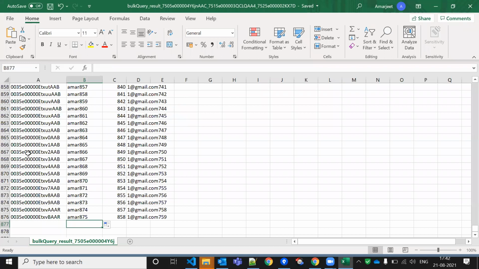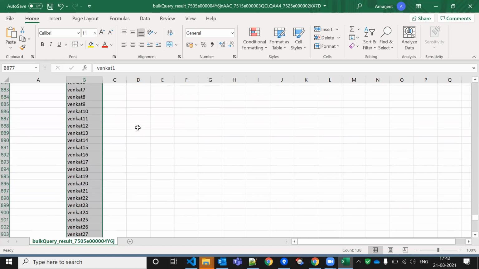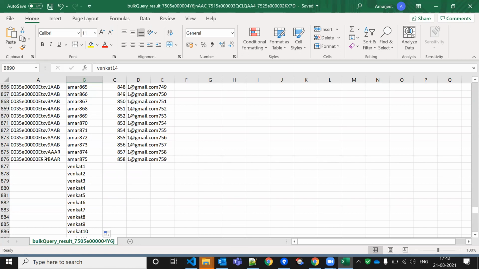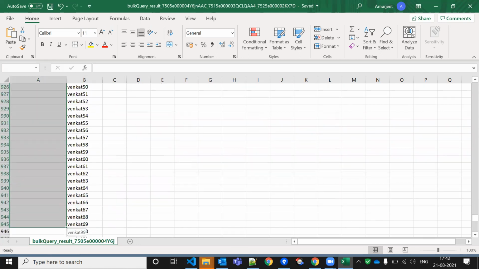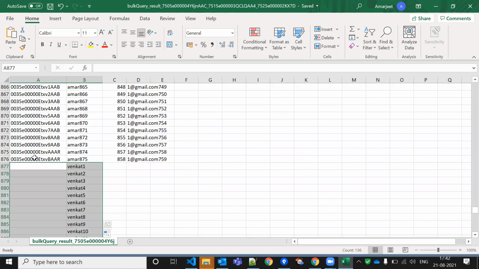Here I don't have IDs for Venkat 1 and Venkat 2, and I'm going to do the update operation. Update will not identify these records. It will fail them, because in update we need an ID.